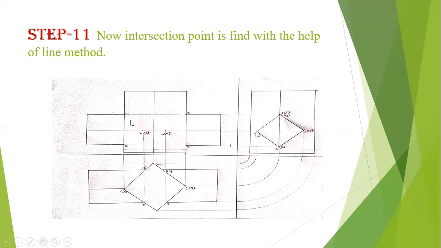And 3 is also projected from the side view and top view. Similarly, the same procedure is followed on the left side also, and we get points A, B, C, D. One thing we have to remember while joining the points is that all the points of intersection should be joined with straight lines, as it is a problem of a square prism. So 1, 2, 3, 4 is joined with the help of straight lines. Similarly, AB, BC, CD and DA are joined with straight lines.